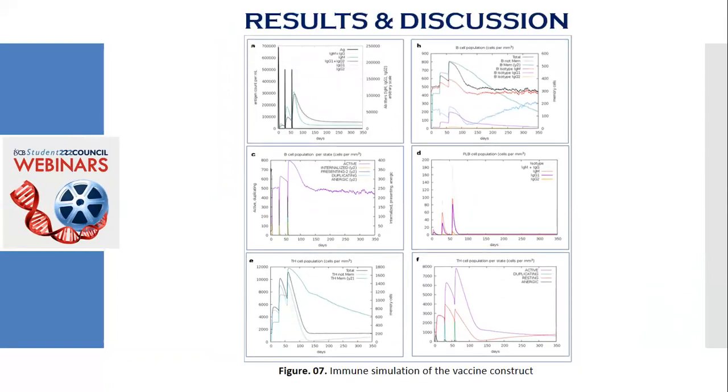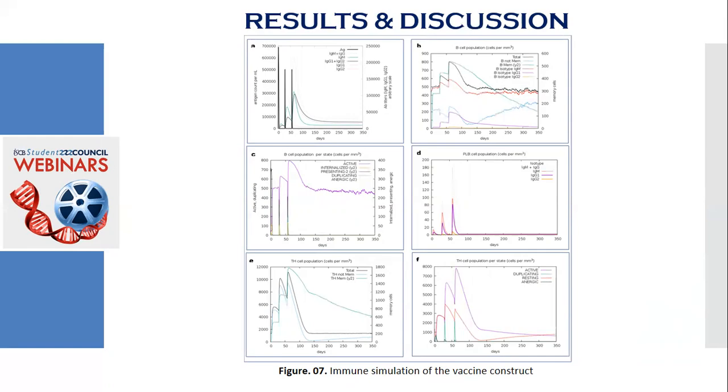The immune simulation study predicted that the SARS-CoV vaccine might produce an immune response which is consistent with the typical and natural immune system. The study revealed that after injections, the primary immune response against the vaccine was predicted to be stimulated significantly, as indicated by the gradual increase in the levels of different immunoglobulins shown in the figure. Here, graph A shows the immunoglobulin and immunocomplex response to the CV vaccine inoculation by the black line, and specific subclasses are indicated by the colored lines.